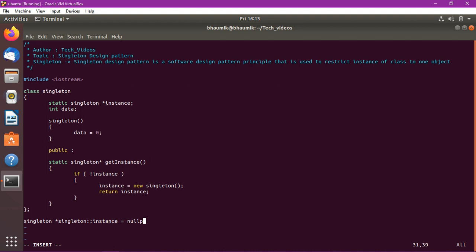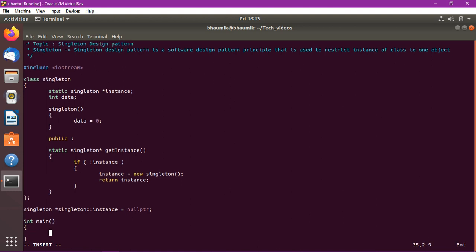We will initialize it to null pointer first of all. Now what we will do, we will make another pointer of singleton class here. It will call the get instance.